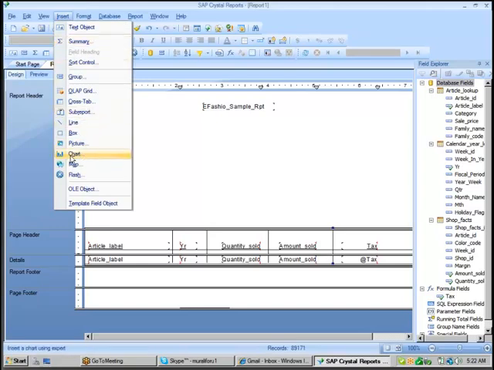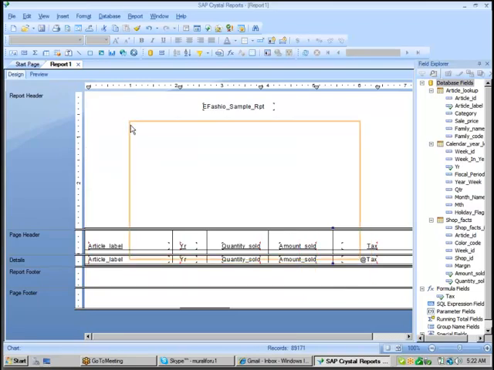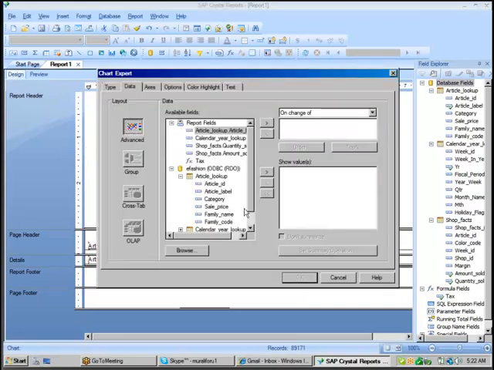If you want to insert a chart, you need to go to chart, take your required chart, keep your